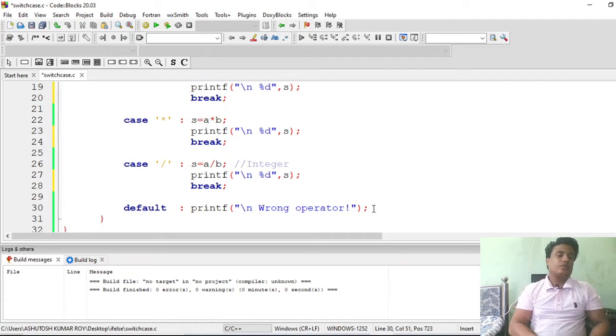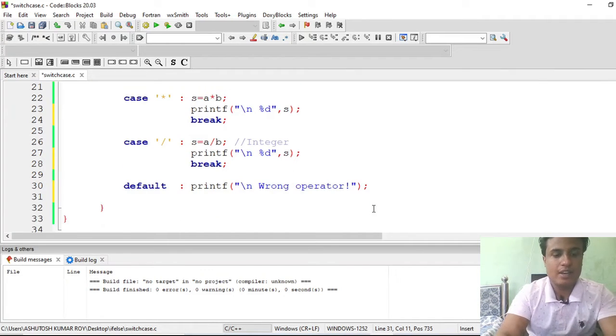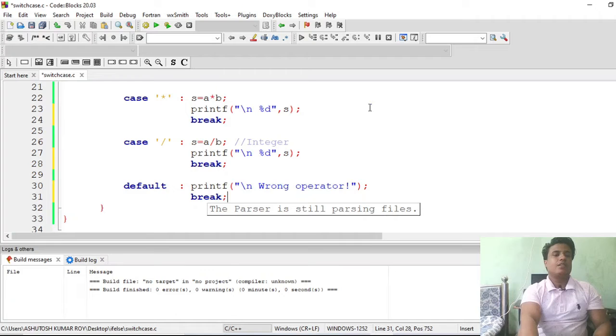So suppose the default case is placed here, and in the future we define one more case, suppose for the division operator, and if you define it after this default, and you don't use break here, it will execute the default part also. So hope you are getting what I am trying to say here. Okay, so it is essential to use break. It is good practice to use break after default, in case we want to modify the code at some point of time.